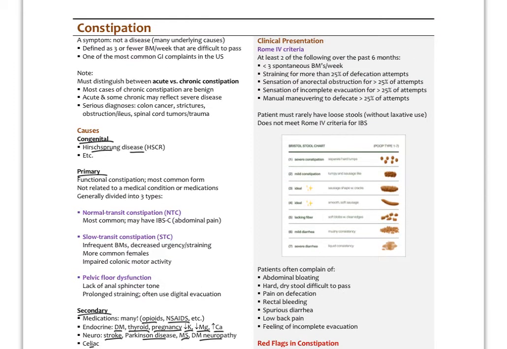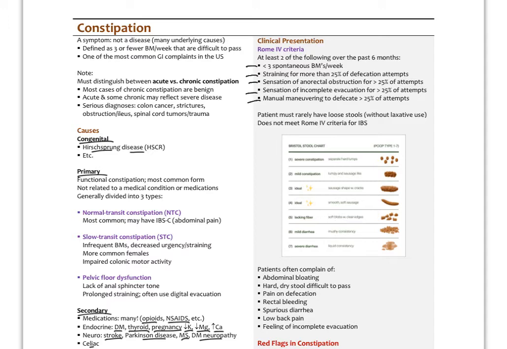For the clinical presentation, there is something called the Rome 4 criteria, and that is actually what we use to quantify and determine a diagnosis of constipation, and that is having at least 2 of the following over the past 6 months. Less than 3 spontaneous bowel movements a week, straining for more than 25% of all defecation attempts, sensation of anorectal obstruction for greater than 25% of attempts, sensation of incomplete evacuation for greater than 25%, and manual maneuvering to defecate, like digital evacuation, for over a quarter of the attempts. So again, 2 out of those 6, according to the guidelines and the Rome 4 criteria, meets the criteria